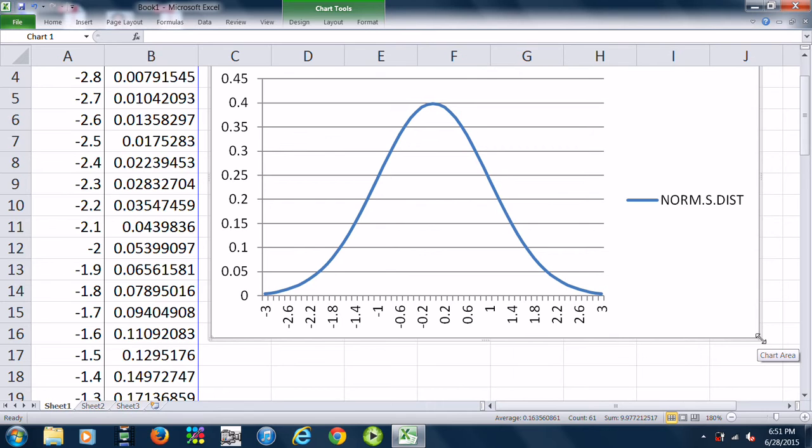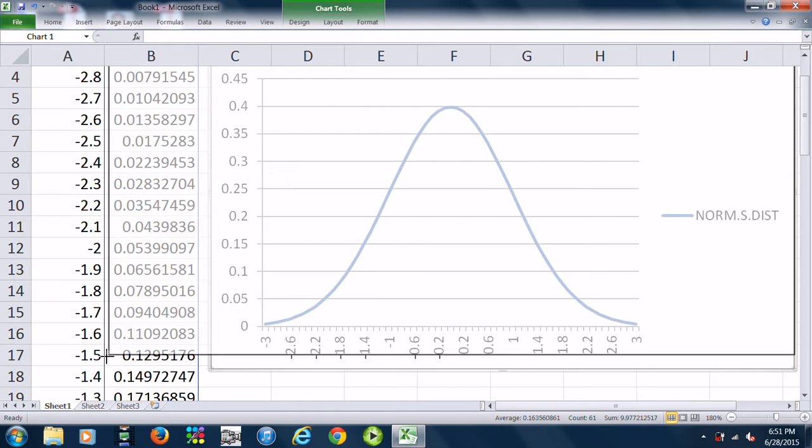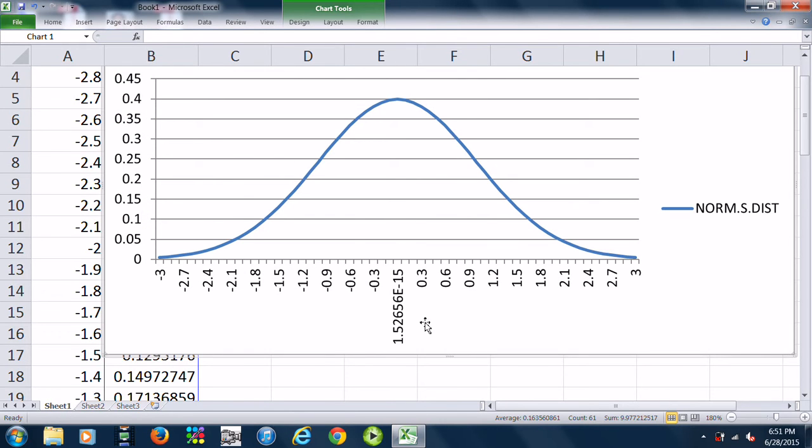So if I point down here where I get this double-sided white arrow, and I left click and drag it, it will change the size of the graph. Notice if I do it over here, same thing, if I stretch it horizontally. Now notice where 0 is, it has this scientific notation, 1.5 e minus 15, so it's kind of a rounded